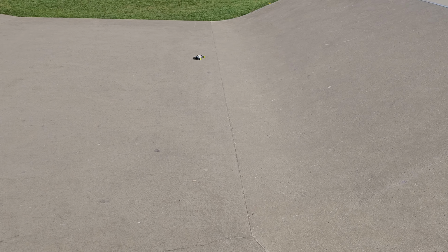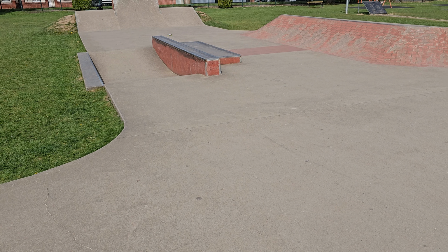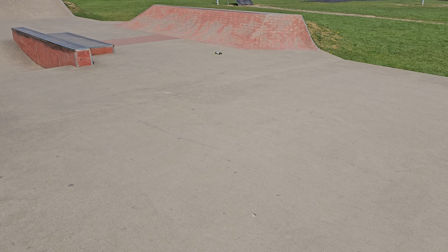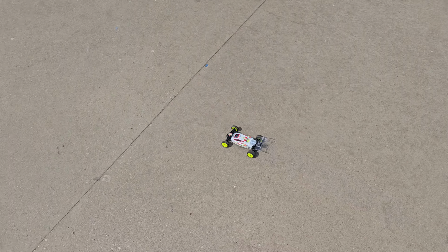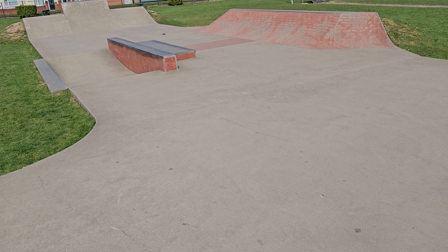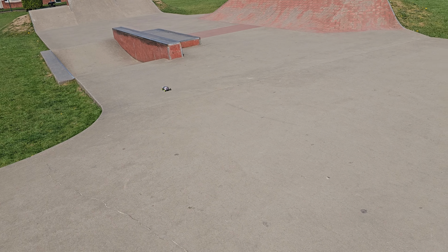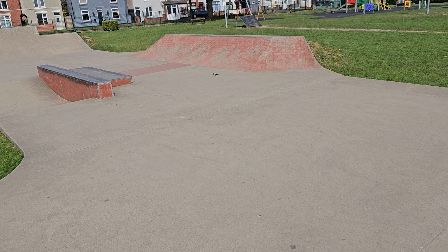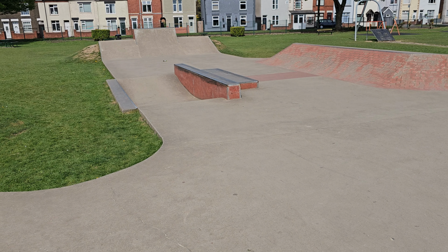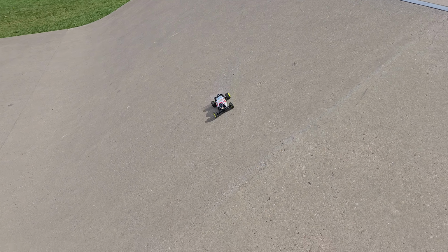Yeah, this is something where you want a few of them, to be fair. You got 2 or 3 of these on the go. I can see this being a lot of fun and being competitive, doing some circuits, etc. You can have a blast with your mates, even on this sort of surface. Don't get me wrong, it's not ideal, but if you've got 2 or 3 of them, you can run them round it and just have a bit of fun racing around. Yes,